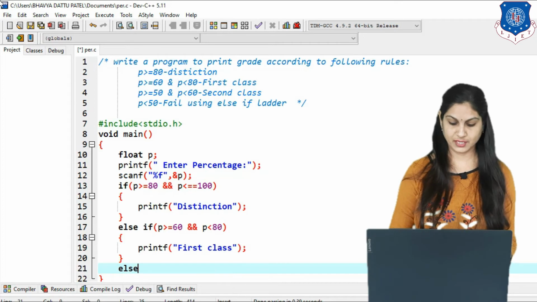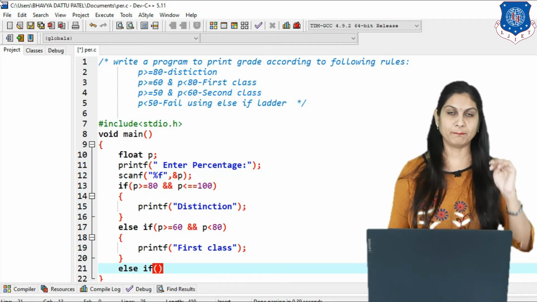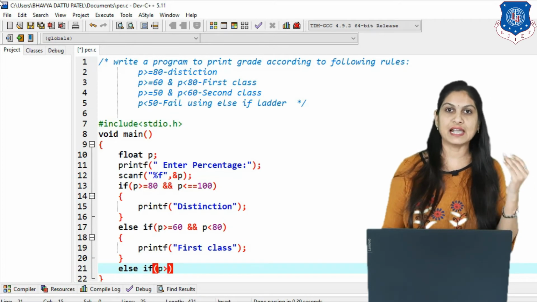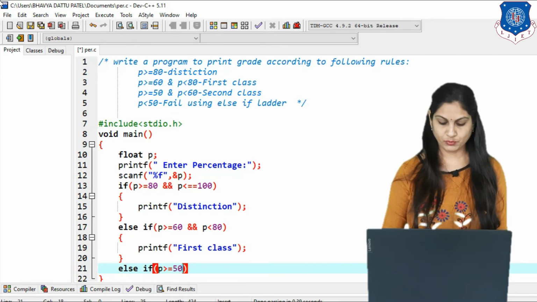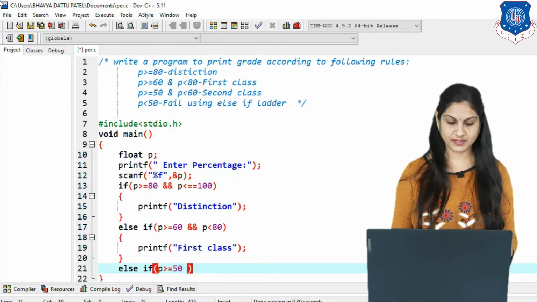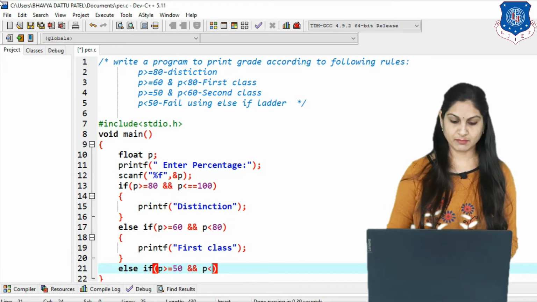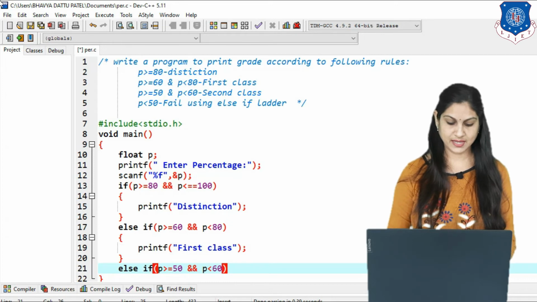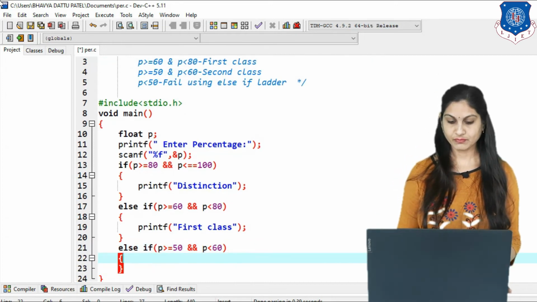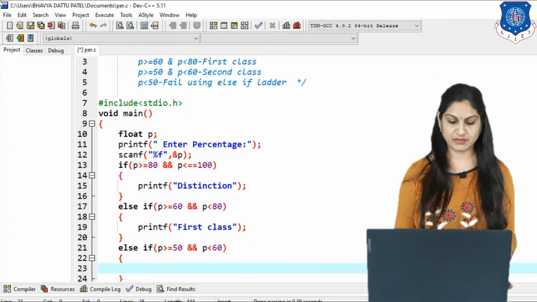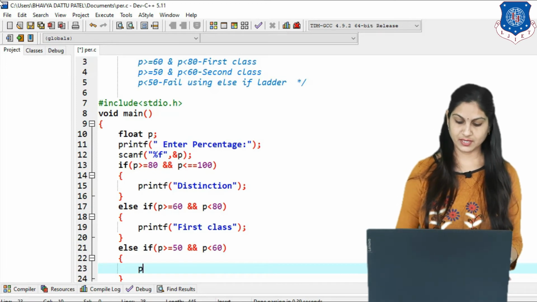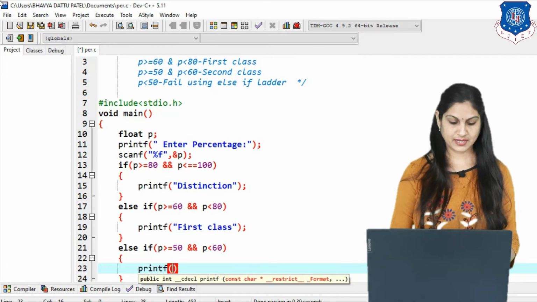In the if the third condition is p >= 50 and p < 60. So put p >= 50 combined with double AND, p < 60. If this condition is true, then we print in printf "second class".